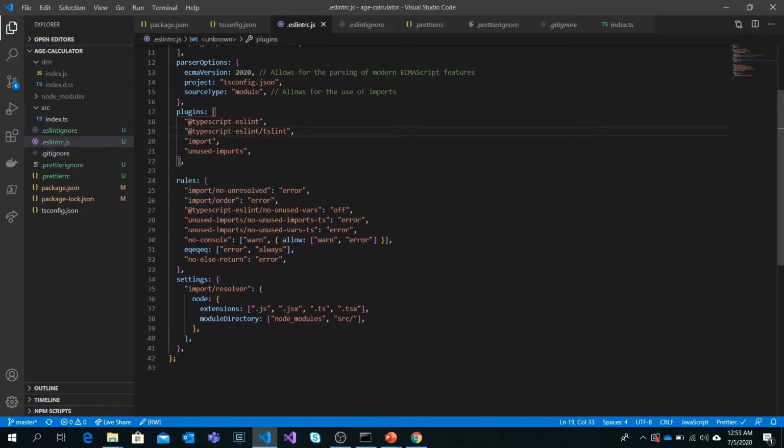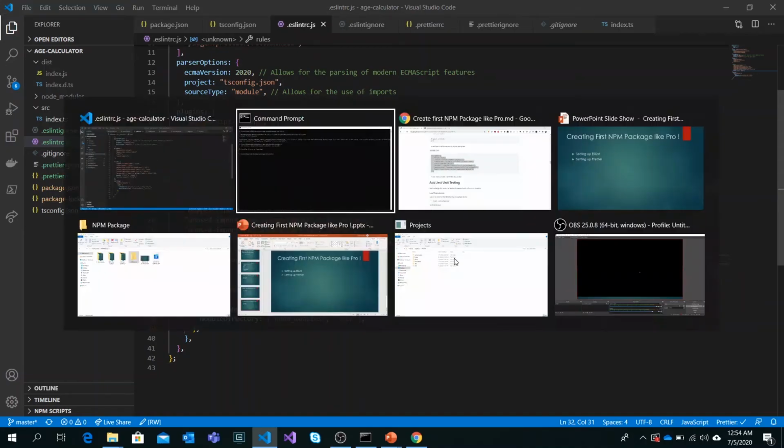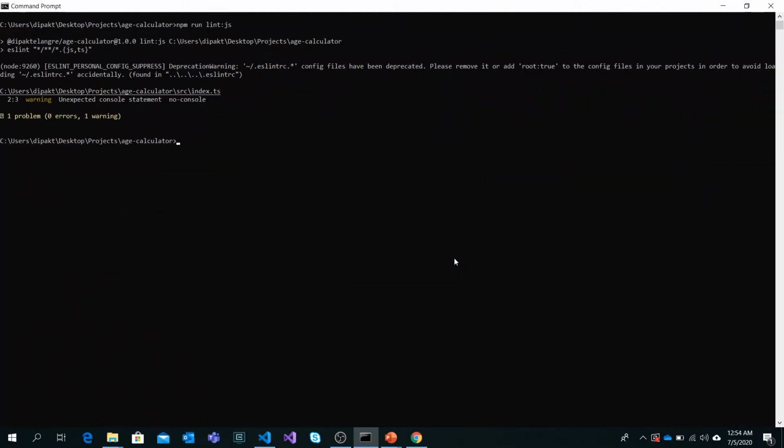We have one rule as no-console. That means we would like to avoid console.log, and that is specified as a warning. It clearly mentions that in your index.ts file, on the second line, there is an unexpected console statement.